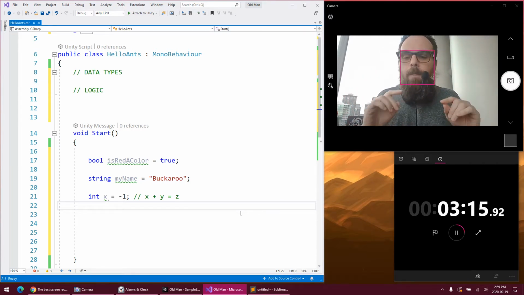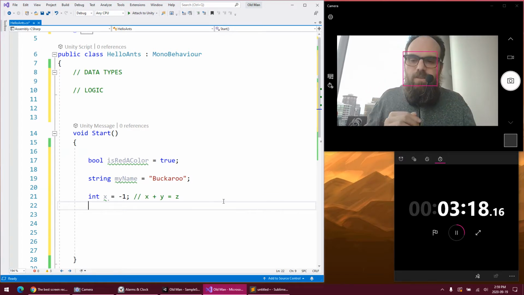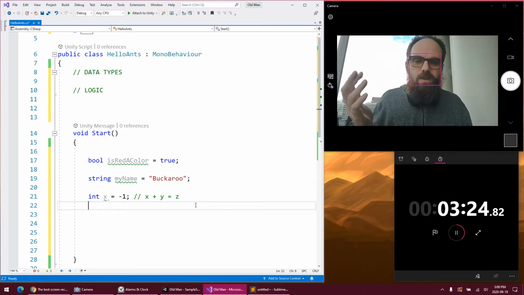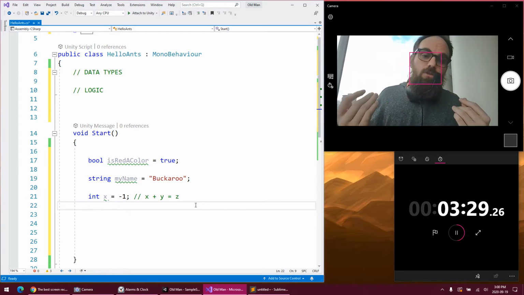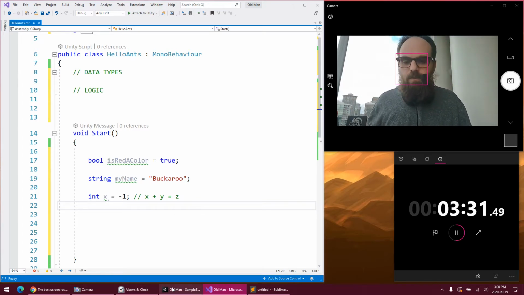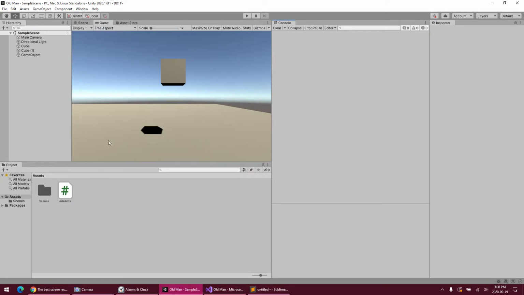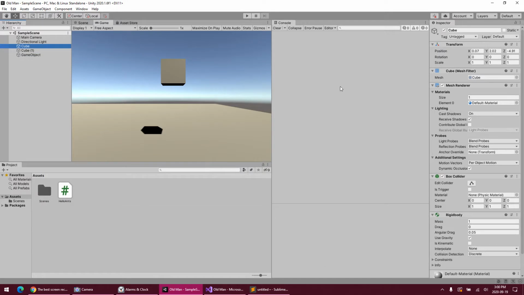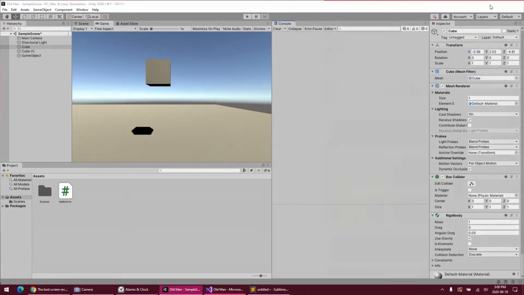The problem with integers, though, for most of Unity's work is Unity plays a lot with 3D or even 2D space, and that's measured with fractional numbers. We can see that just by opening up our copy of Unity again. Here's our cube floating in the sky, and its position is a fraction, right? And we can move it around, no problem. But we don't want to